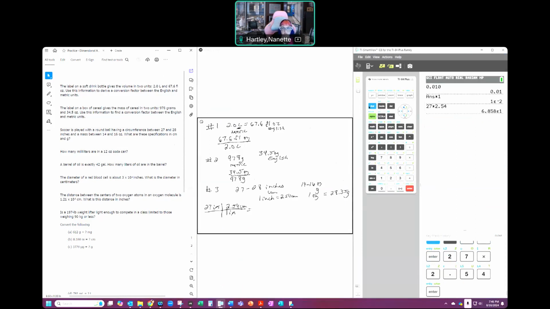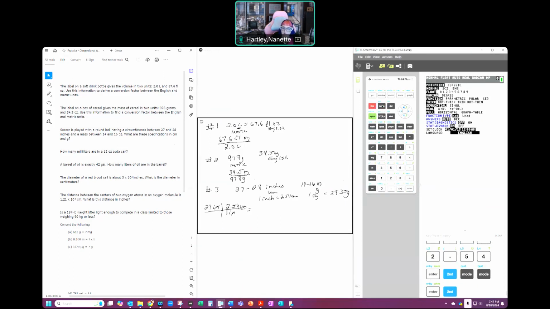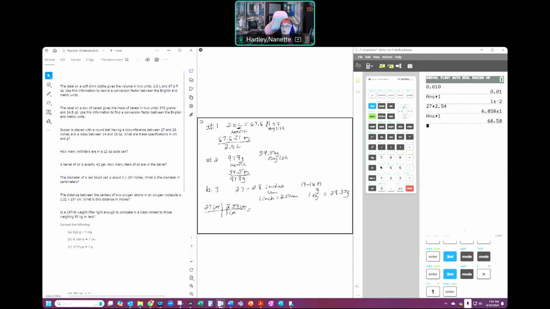I don't necessarily want it in scientific notation, so I go second. I didn't want the second. I just wanted the mode. I see that I'm on normal right now, so I hit enter. I change that back to normal mode. Now second, quit. And then I multiply by 1 to get that number back in normal. Okay, so that's